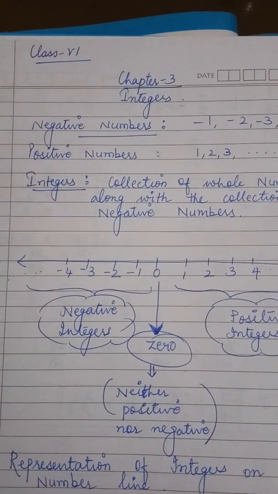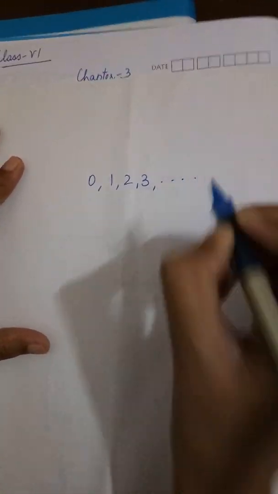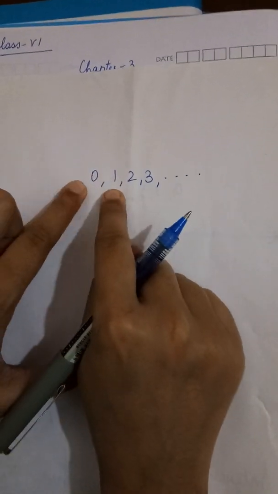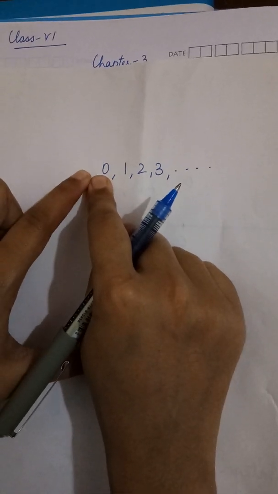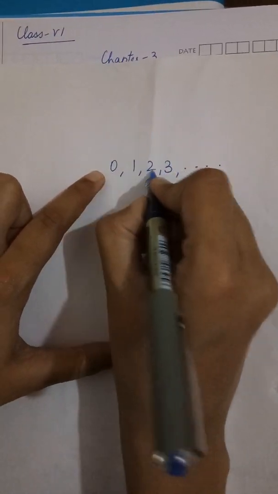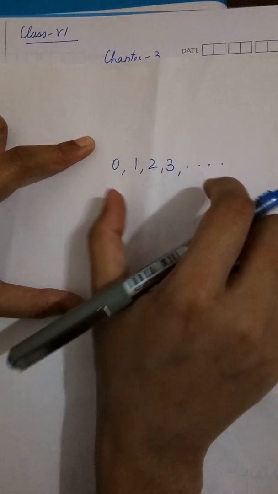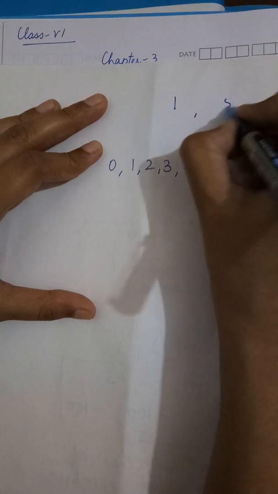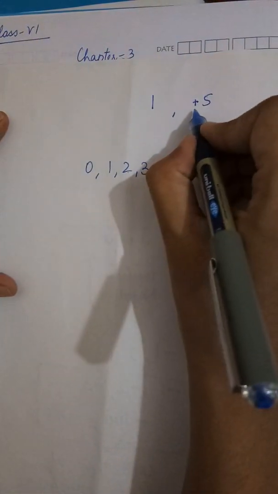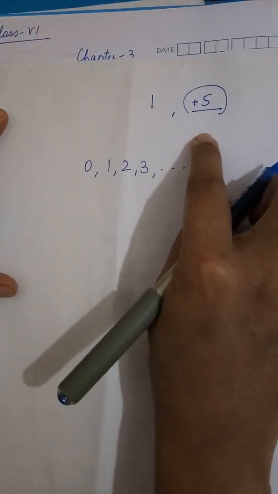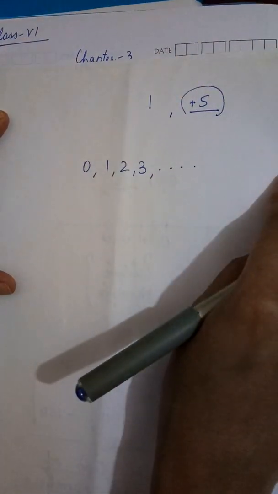Before again starting with these two terms, in chapter 2 what we have done is the whole numbers. We have done whole numbers starting from 0, 1, 2, 3 and so on. I have explained that when no sign is there with them, that means the sign is plus. If plus sign is there everywhere, these are the positive terms. If I am writing 1, that means this is positive. If I am writing 5, plus sign is there because no sign was there in front of 5. So that means it is plus 5, and plus means positive. So all these terms are the positive terms.